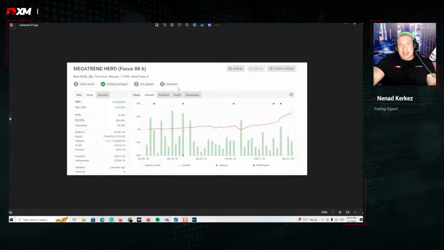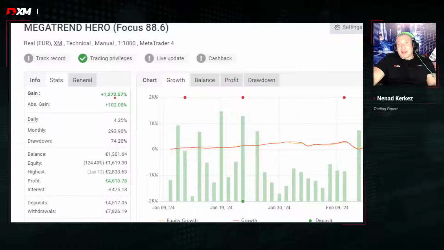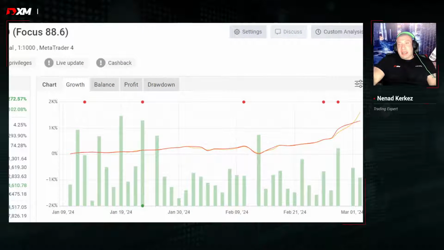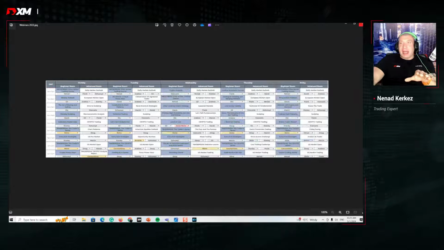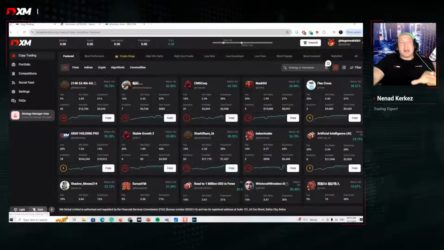So this is 1,272.57% profit with 5 withdrawals. Here, these red dots mean withdrawals. So I made 5 withdrawals with 1,000% of profit with 74% drawdown. So this is the excerpt from my FX book. For some people, actually, this could be a little bit too much. Here you will see similar